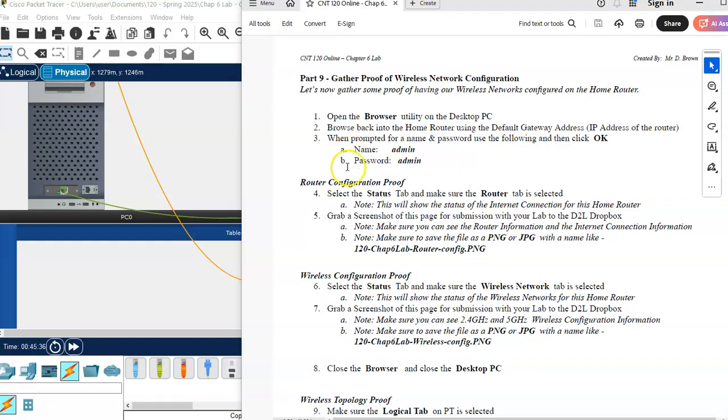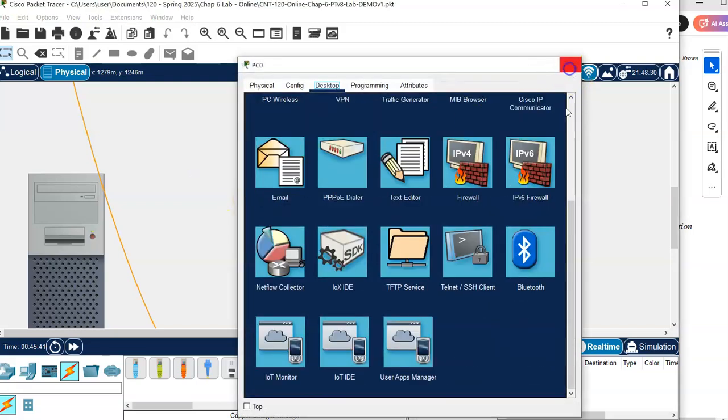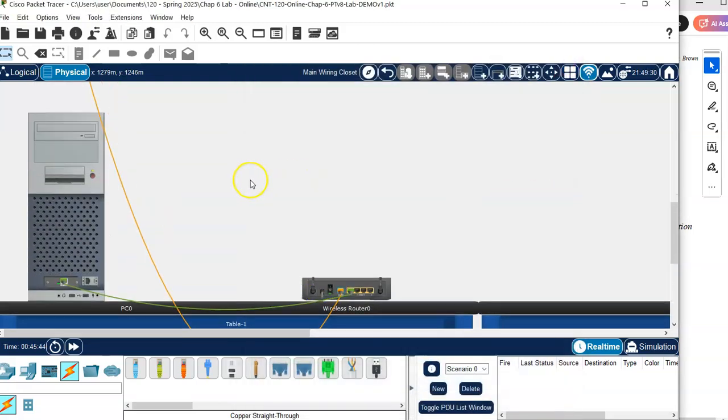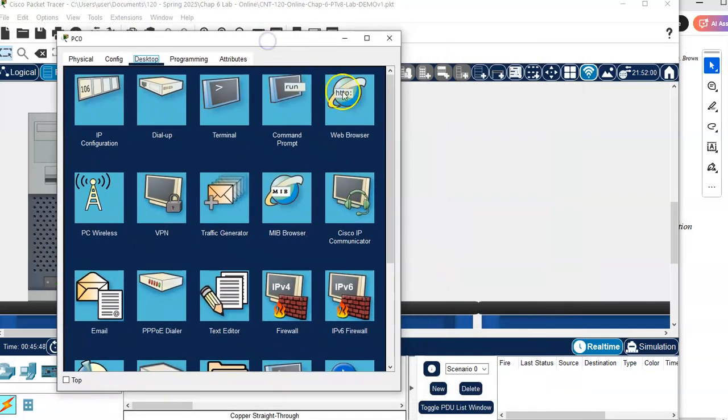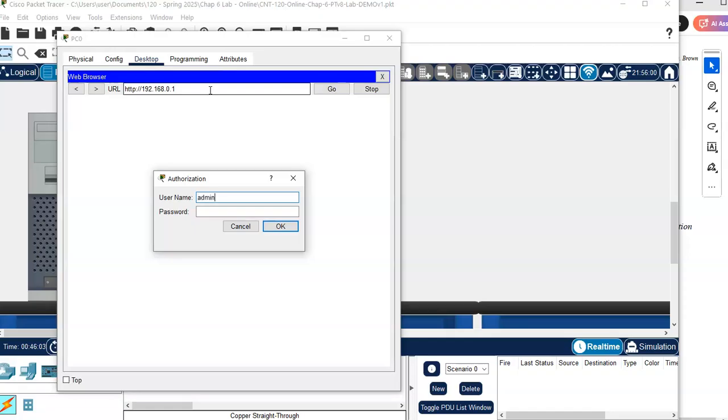So, alright. First thing we're going to do is on our desktop PC, we're going to browse back into our home router, small office, home office router that's here. So I'm going to open up my PC, go to the desktop that's here. I'm going to use my browser. I'm going to browse back into that. And I'm going to gather one or two results from here to show that we have this configured and up and running. So I'm going to use 192.168.0.1, that gateway address, admin,